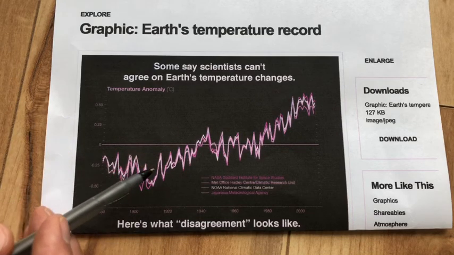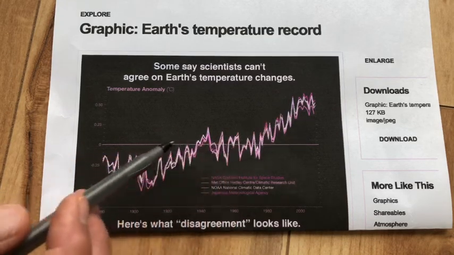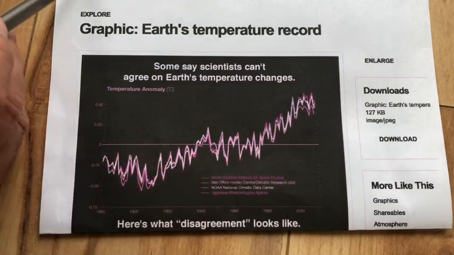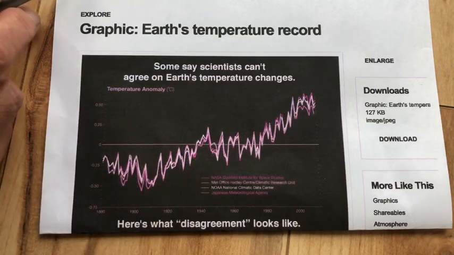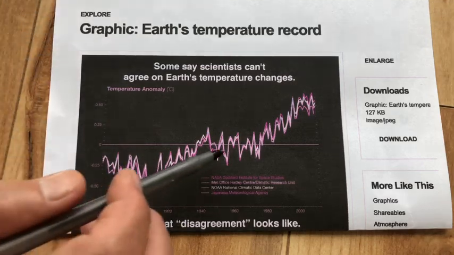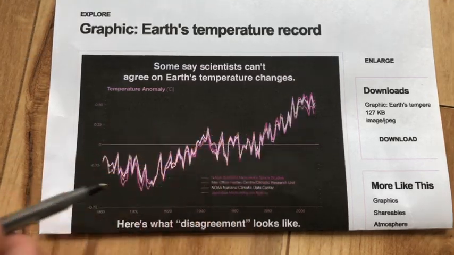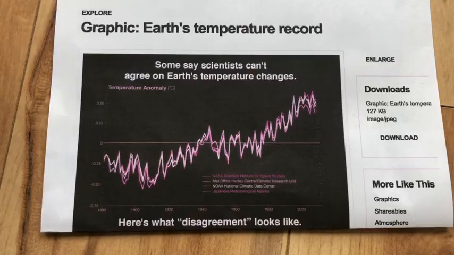But looking at patterns helps us to develop graphs and models like this. You can look this one up if you want. This one comes from the NASA site, NASA Global Climate Change. So check it out. Our climate does look like it's changing. We'll have to look into that deeper.